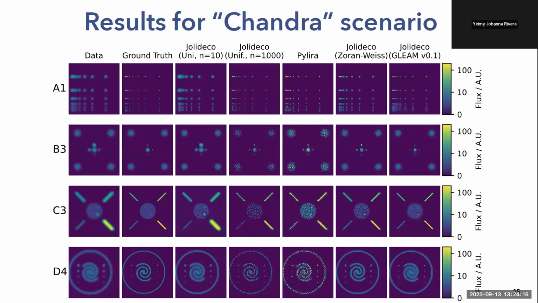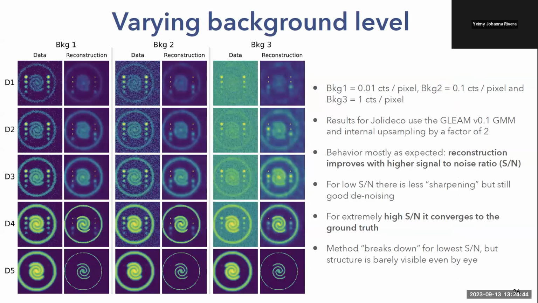And as you can see here, the best results I've achieved are with the prior learned from astronomical images from the GLEAM data. So you can see a good compromise for the point sources, they're still sharp, and you can see very good reconstruction for the extended sources. Also notably, for example, this weak disk source that's underneath. And there's no preferred direction here, it works uniformly in these directions.